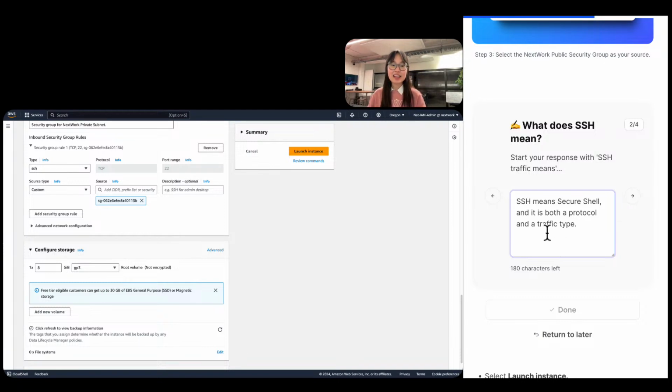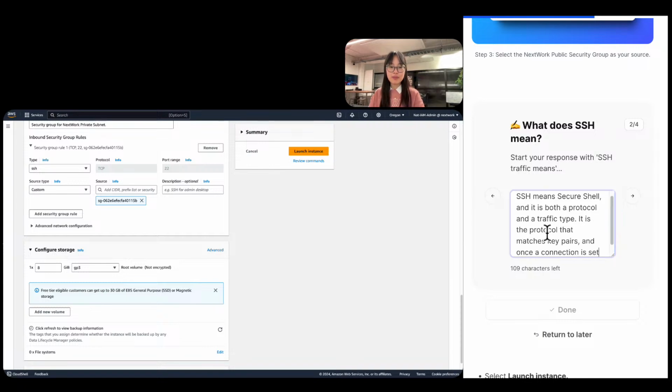So SSH is both a protocol and a traffic type. So what it really does is it is the protocol that matches key pairs. And once a connection is set up, it is a traffic type that encrypts